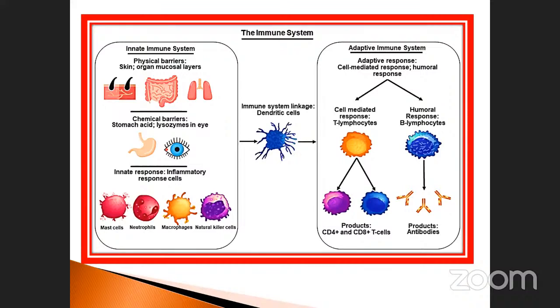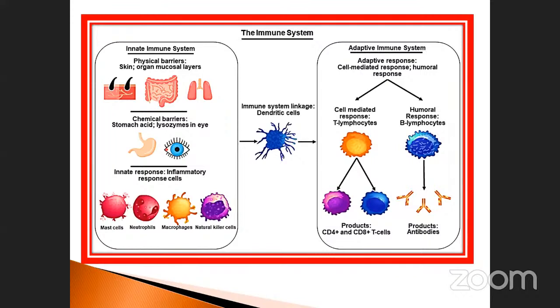The T lymphocyte is further divided into CD4 and CD8 T cells. When you study AIDS, when foreign particles enter the human body, what will happen? The T lymphocytes are particularly affected by HIV, isn't it? Particularly CD4. Note it down. This is very, very important. CD4 T lymphocytes are affected by HIV.